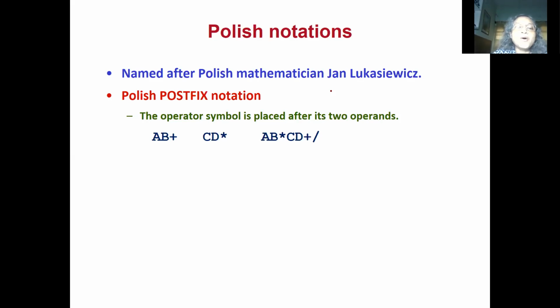Now again we take the next token, which is 2. 2 is an operand, so we will push it into the stack. And then we get the next token, which is star. Star is an operator, so we will pop the top 2 elements in the stack. So Y is 2, the element popped first, and then element X is popped. So X equals 5, and the stack becomes empty.